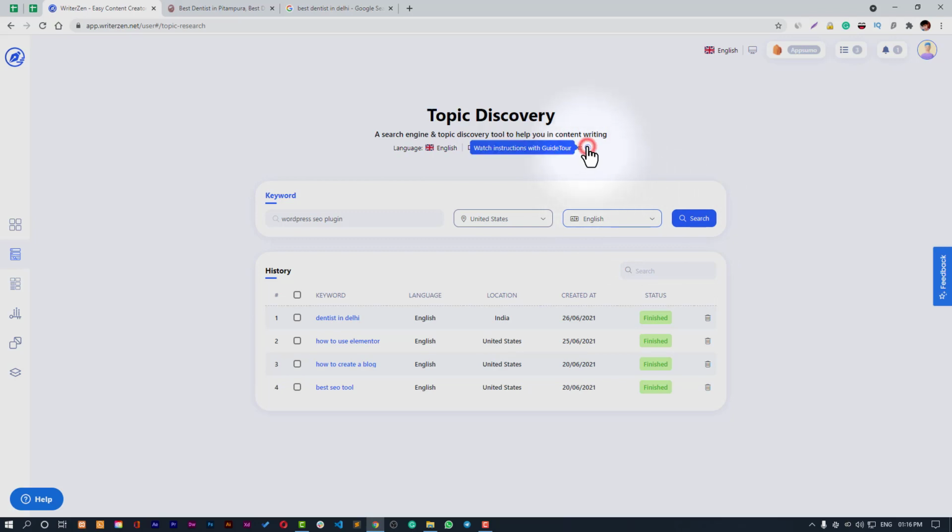Interestingly, the guide button will show you the same thing: enter keyword, choose the language, and audience placement for the target keyword. That's very simple to use. This guided thing is very amazing. This tool is very self-explanatory.